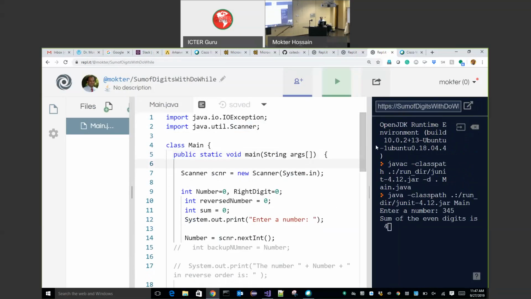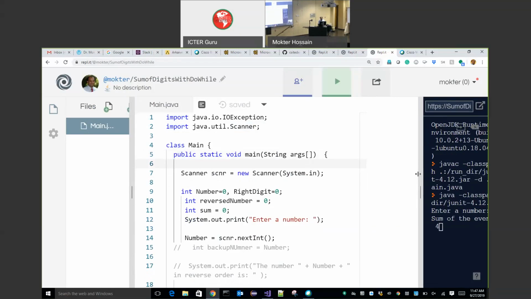This compiler does not show an error, but in Eclipse, I may get an error. Okay, if it does not, then fine. For this IOException, I need to import java.io. This is a built-in class.